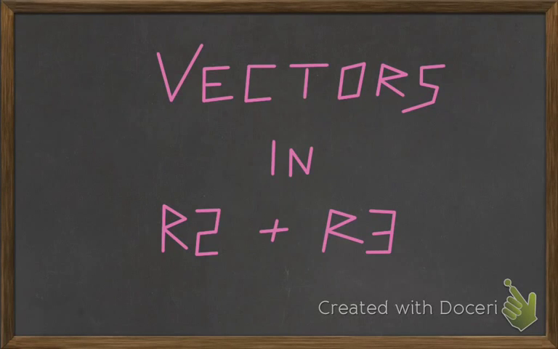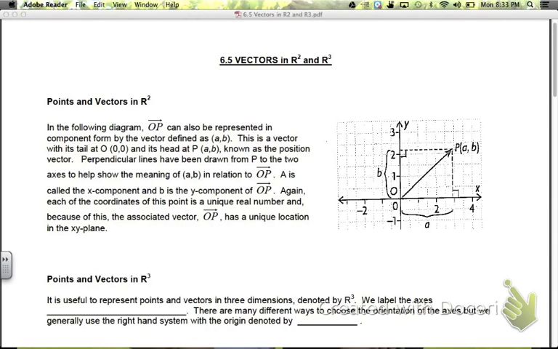Today we'll be looking at vectors in R2 and R3. So when looking at our vectors in R2 and R3, we can look at points and vectors in R2 first. So in the following diagram, OP, so OP is right here, can be represented in component form by the vector